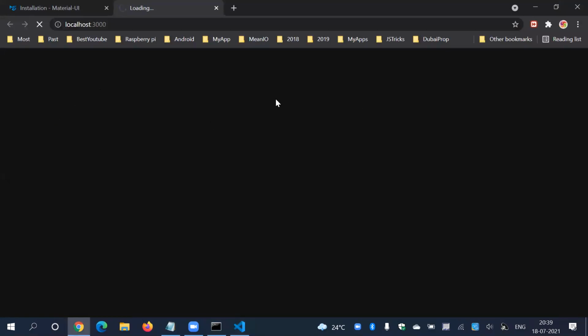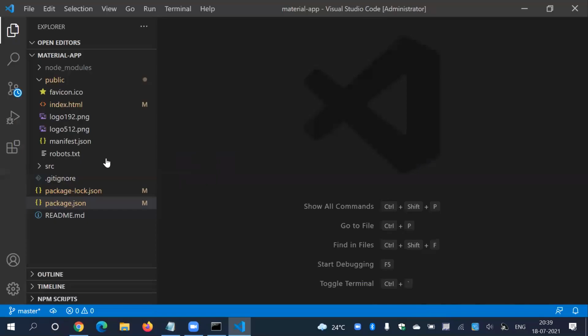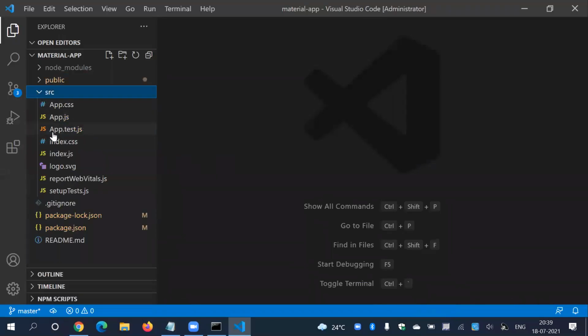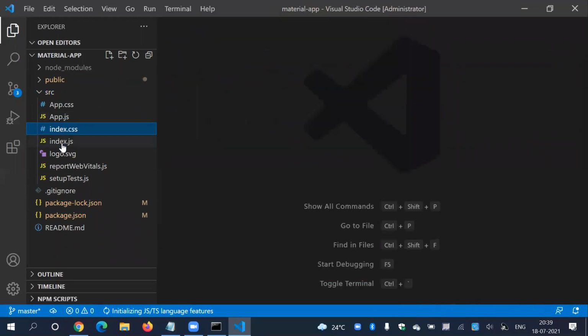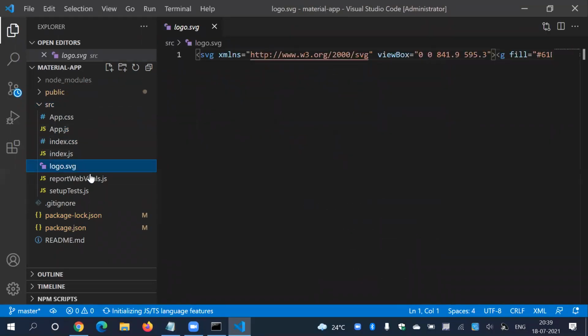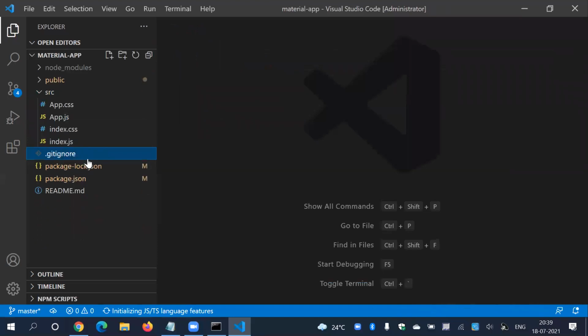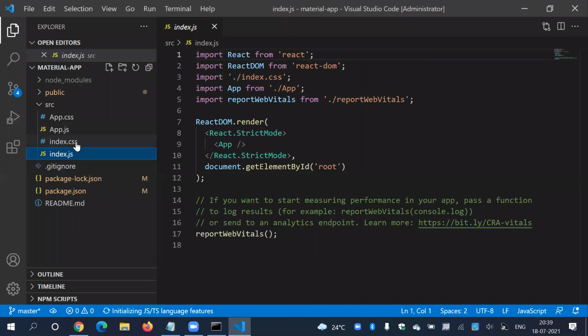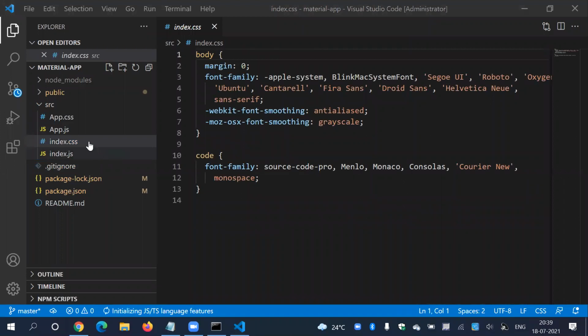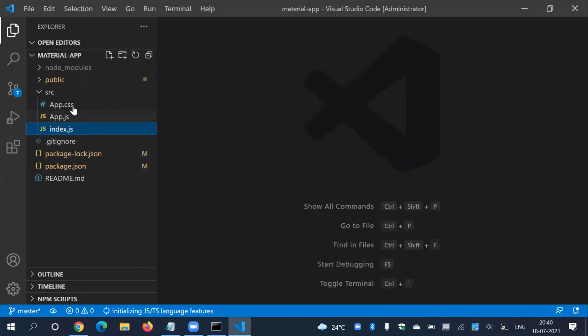We have the default React homepage. I'm going to delete everything from that page and create everything from the very core. So here is my src. I don't like this file, delete. I don't want this logo, delete. I don't want this file, just simply delete. And I don't want this file, index.css. I don't want app.css.